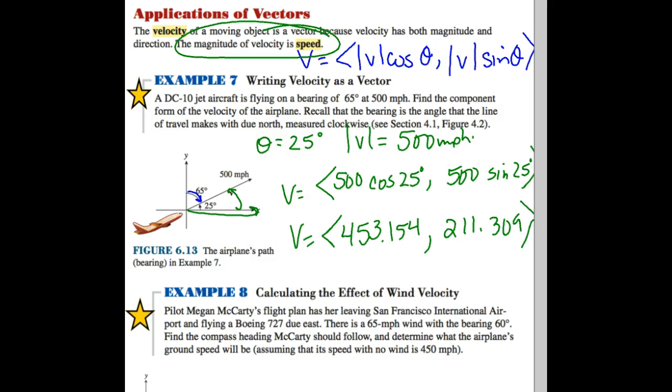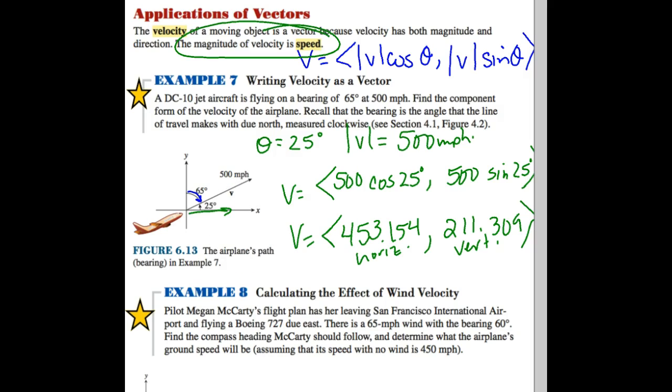All right, agree, disagree with those two values? Okay, so what that means when we talk about breaking a vector into its components, this is your horizontal component, right? This is your vertical component. So when we say that we're flying this plane at 500 miles per hour at a bearing of 65 degrees or a direction angle of 25 degrees, we're really saying that plane is moving in a horizontal direction,